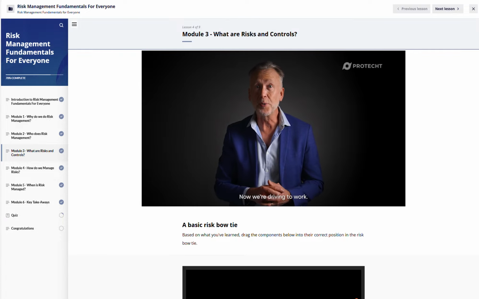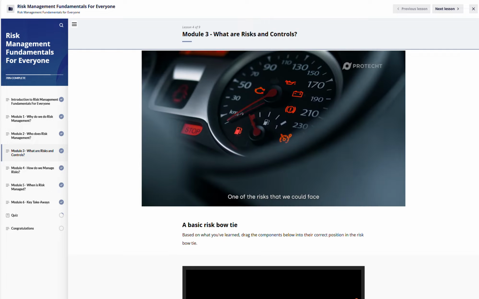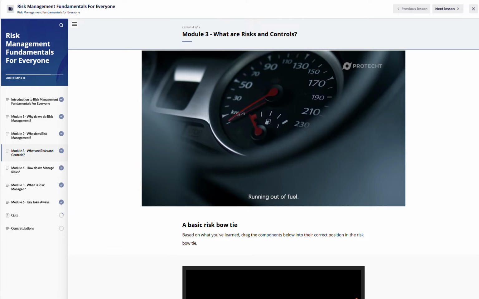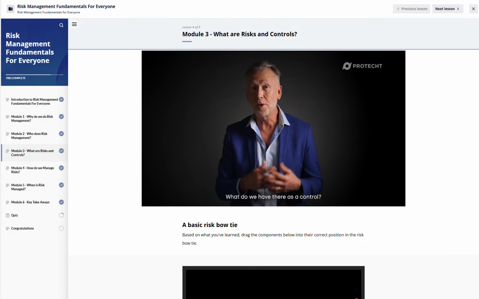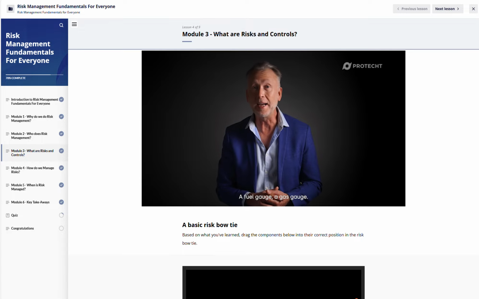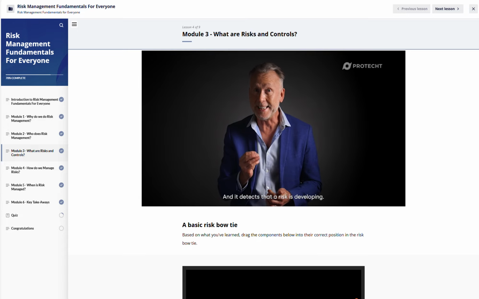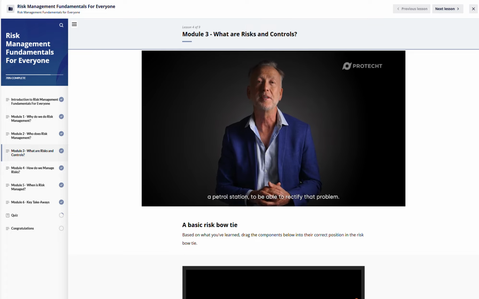Now we're driving to work. One of the risks that we could face differently from oversleeping is running out of gas, running out of fuel. What do we have there as a control? A fuel gauge, a gas gauge. This is known as a detective control, and it detects that a risk is developing. And hopefully if it detects early enough, we can pull into a gas station, a petrol station, to be able